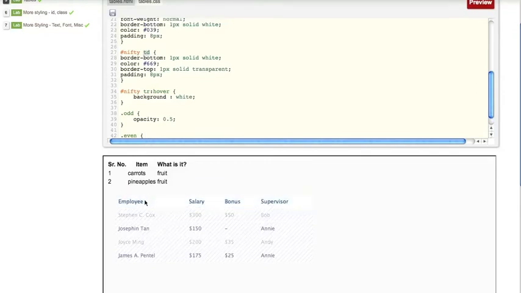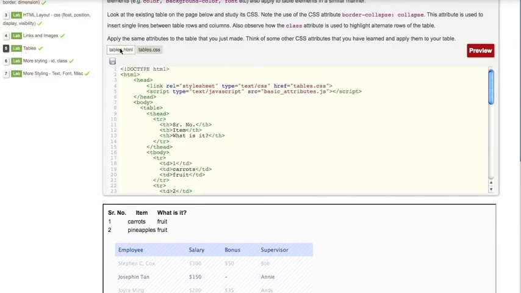Also, as soon as you move your mouse over the table rows, you find that if your mouse is hovering on a particular row, then the background becomes white. That is controlled by this particular CSS, right? Look at the syntax, it's pretty self-explanatory. So your task now is to apply similar attributes on the table that you have created and make it look as nice, if not better, than the existing table.